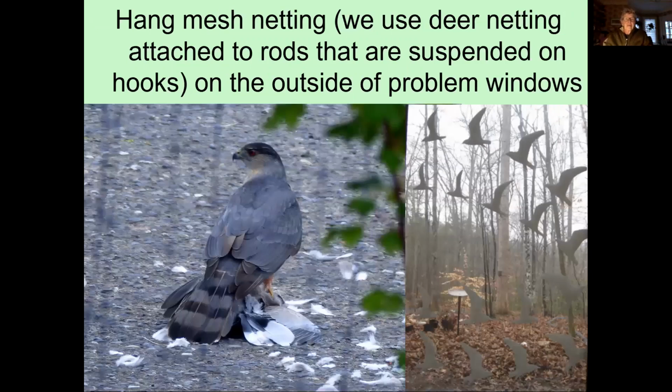And one solution that we came up with, it's kind of great too, because we have these huge picture windows, and just dealing with stickers and stuff... so we found a really cheap solution, and you don't notice it from the street because it's just fine enough that you don't really see it. But you definitely see a reaction from the birds as they get closer, like they definitely see it, and it's saved